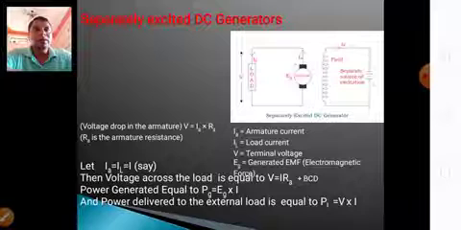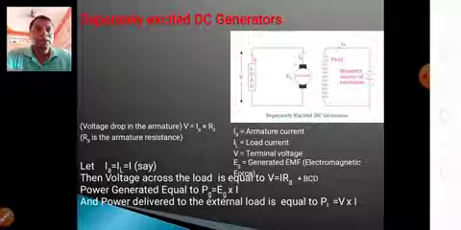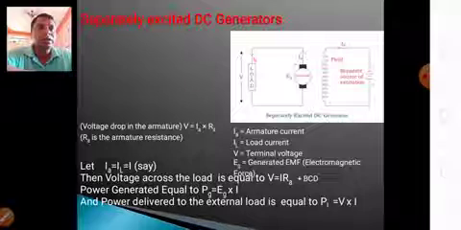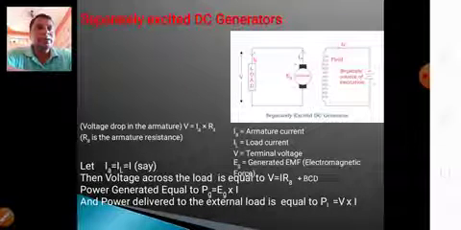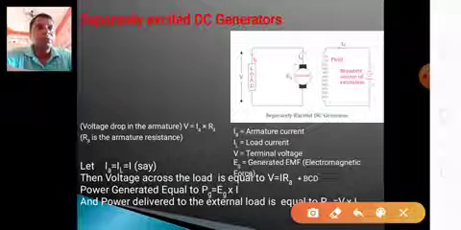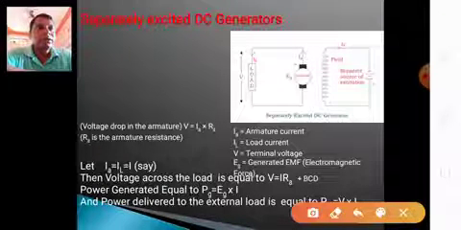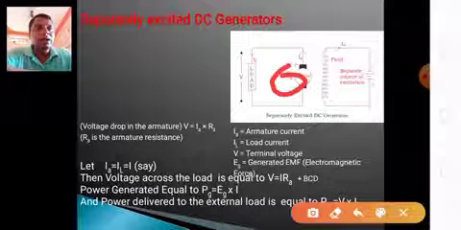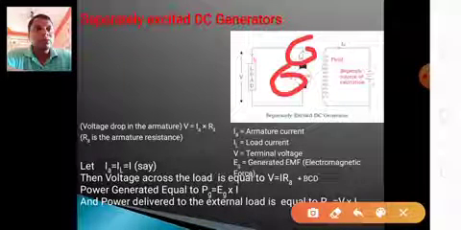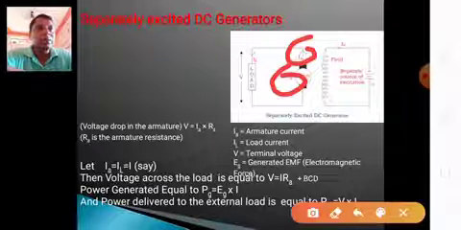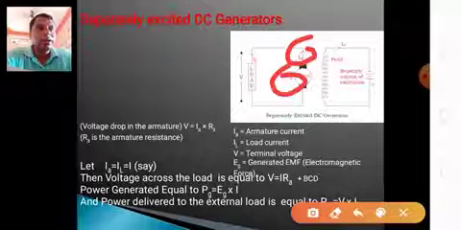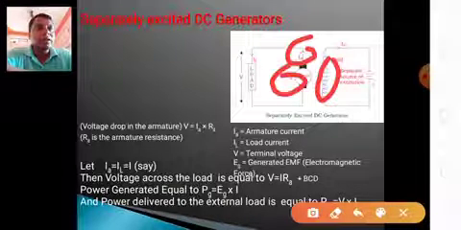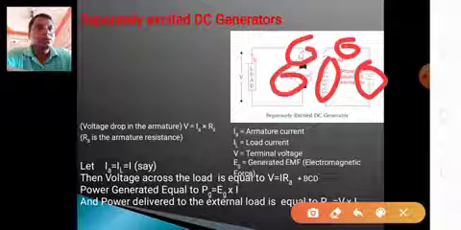Here are the different voltage and current equations for the different generators. First one is the separately excited DC generator, right? Separately excited means the armature winding is separately excited from the field winding. Here the armature generates EMF EG. We are taking current from the armature, that is IA, the armature current. The current given to the load is IL. Here V is the terminal voltage across the armature. This is the field winding. The current from the field is called IF, the field current. Here it is a source battery, right?